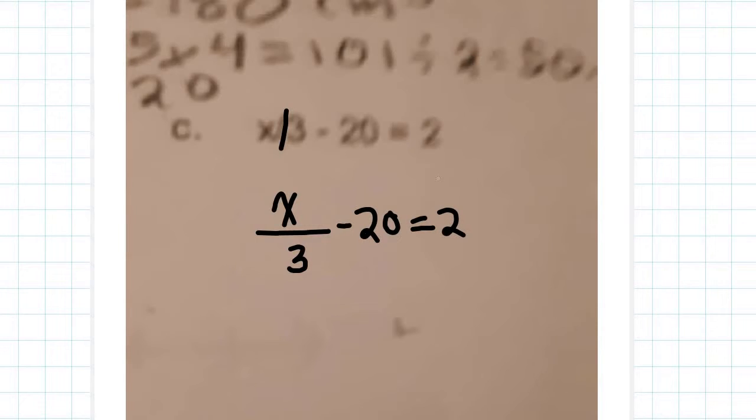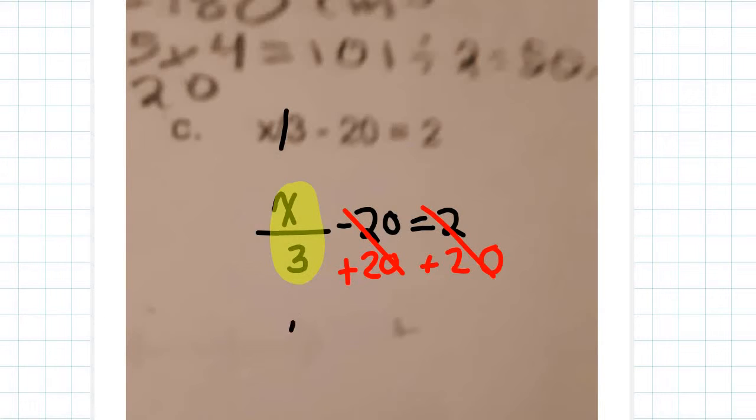Now there's two ways to attack this. One, we're just going to treat this as a single entity. Same rules apply: variables to one side and numbers to the other. So I'm going to move this 20 first. So I'm going to go plus 20, plus 20,